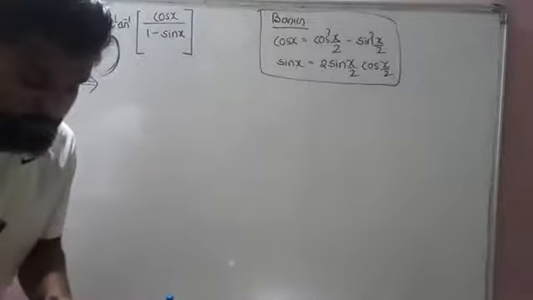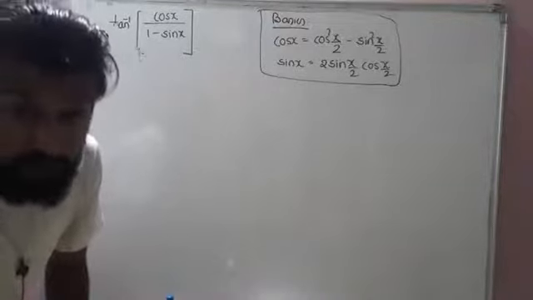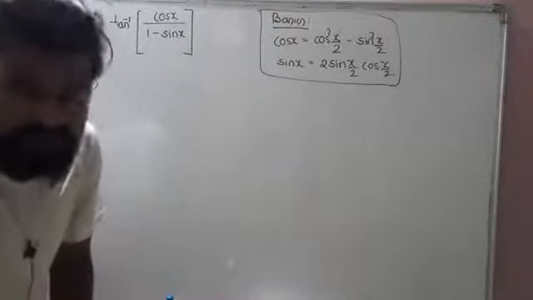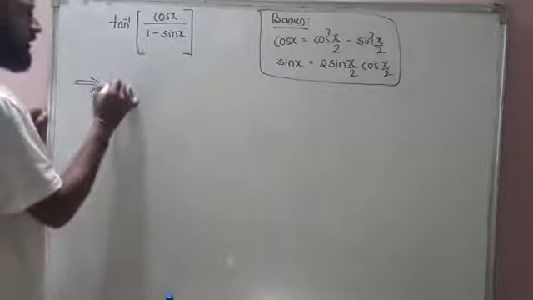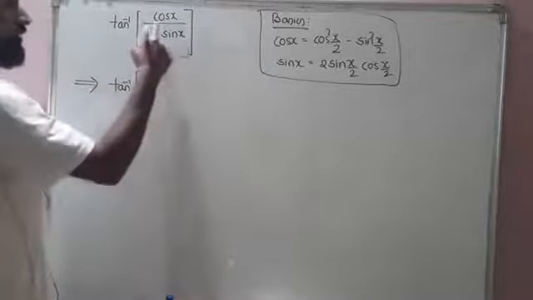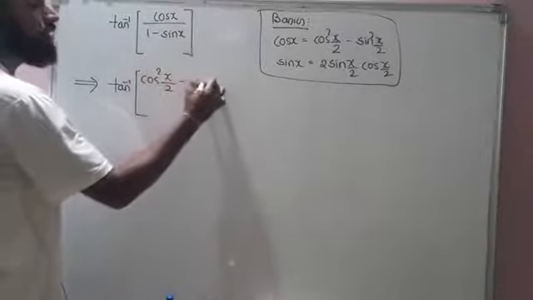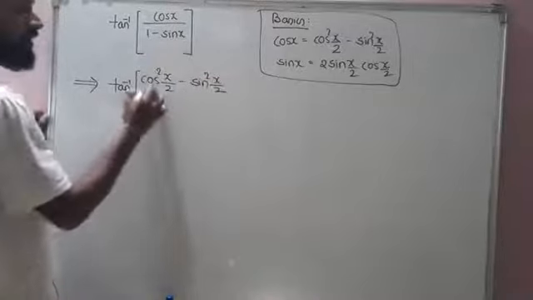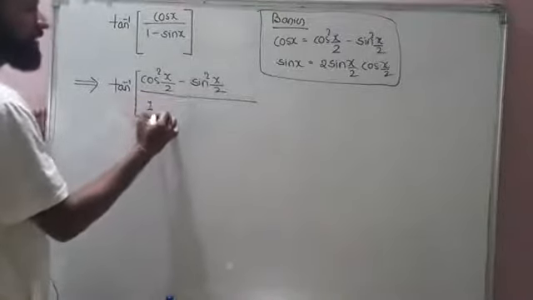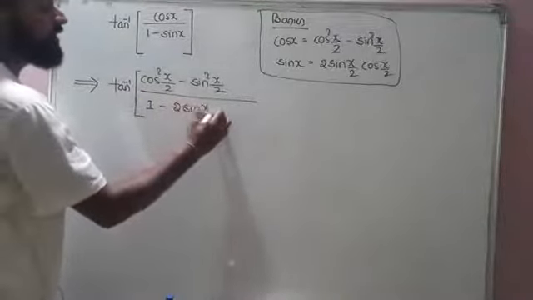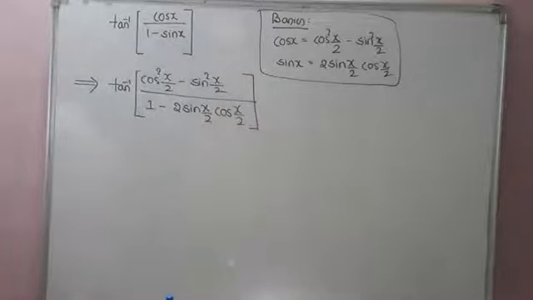I am telling you this because these are the problems where you can solve it by yourself, because they are all formula-based questions from first year. That's why I am asking you to solve by yourself, okay? But again, I'll help you with this one. So let me write tan inverse as it is. Now in place of cos x, let me write the half angle formula, cos square x by 2 minus sin square x by 2, divided by, what I'll do is I'll write the denominator 1 minus sin x again as a half angle, 2 sin x by 2 and cos x by 2, isn't it?